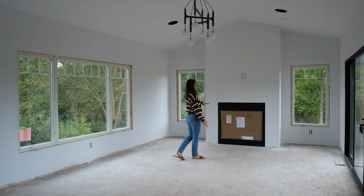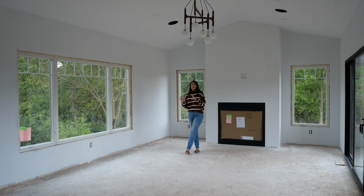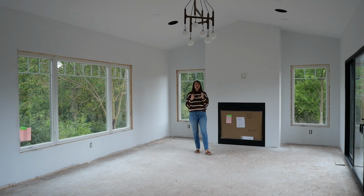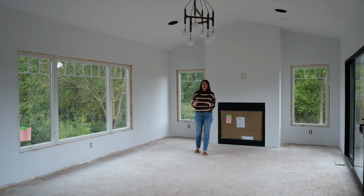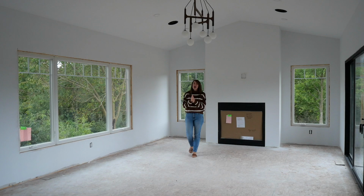Now, the funny thing is that this is a 16 by 24 room, but it looks massive with just one person standing in it. So once we get furniture in here, it's really going to cozy up the space. We have only primed to this point, so everything is very white and very sterile. And I am actually going to keep the room white, but we're going to warm it up with the same